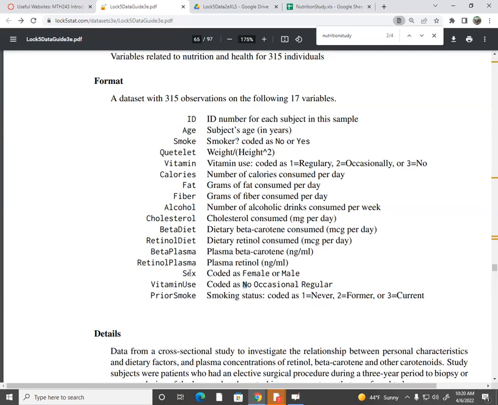Sex versus gender, those two terms are often used interchangeably. The options were either male or female. They didn't have another option. And mostly we just have